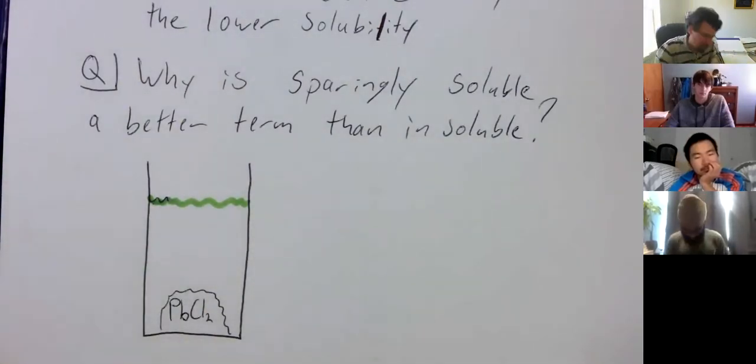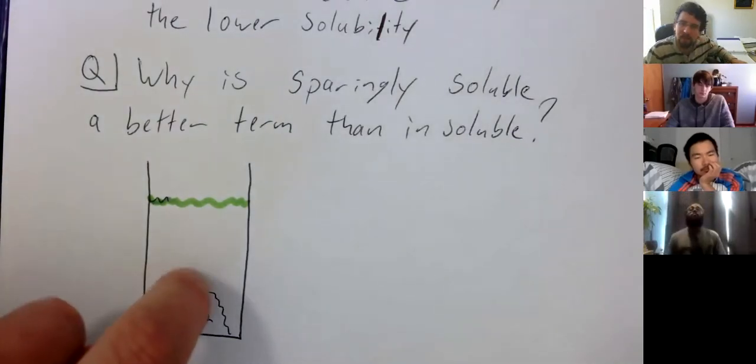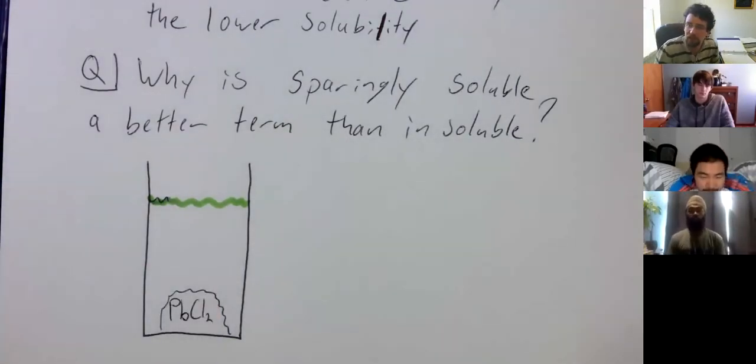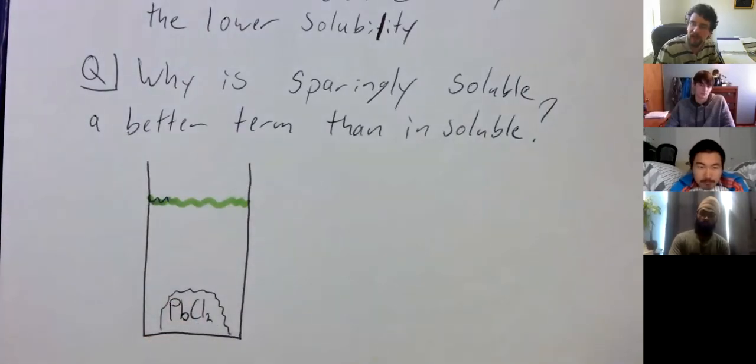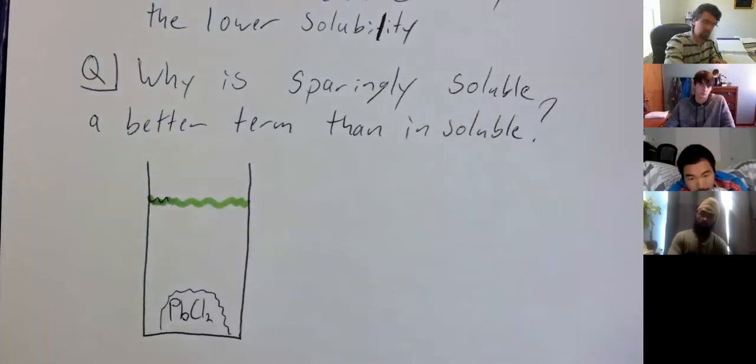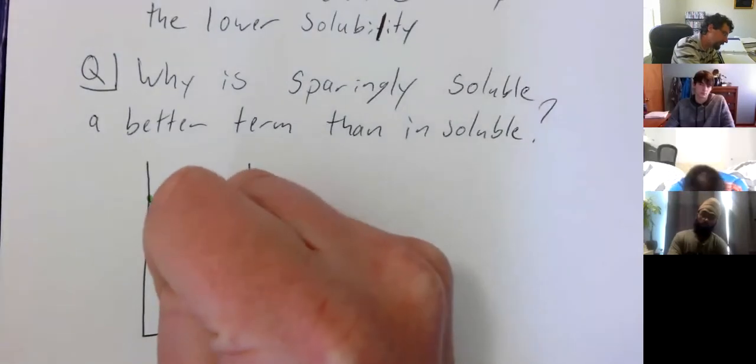What's happening at this really small molecular level? Is all the lead chloride just going to stay as a salt? Is it just going to stay solid, nothing else happening? A little bit might break off. Yep, there's a small amount where we reach an equilibrium,